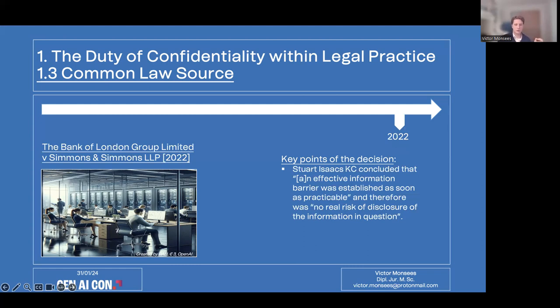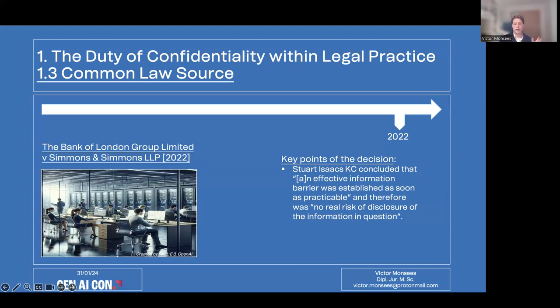In August 2022, the trademark department of Simmons & Simmons wrote a letter of claim on BLME's behalf, threatening passing off proceedings against BLG on account of the similarity of names. In those proceedings, Simmons & Simmons argued that they had erected a sufficient information barrier between the two departments and that therefore there was no disclosure of confidential information. In relation to the timing and nature of the erected information barrier, Simmons & Simmons gave detailed